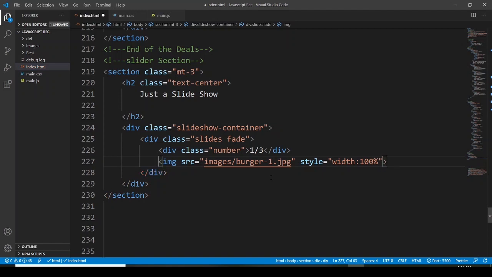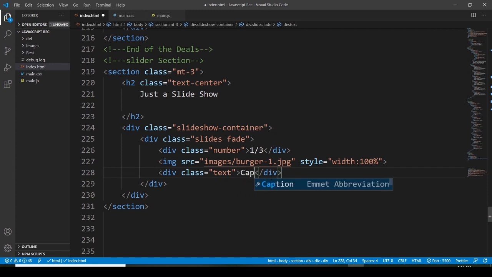Then we have to go with another division, assigning it a class, and this class is going to be text, and here let's say caption. Okay, any kind of caption, cheeseburger, or whatever you want to name it, just go for it. Okay, now the next one is, let's go with another